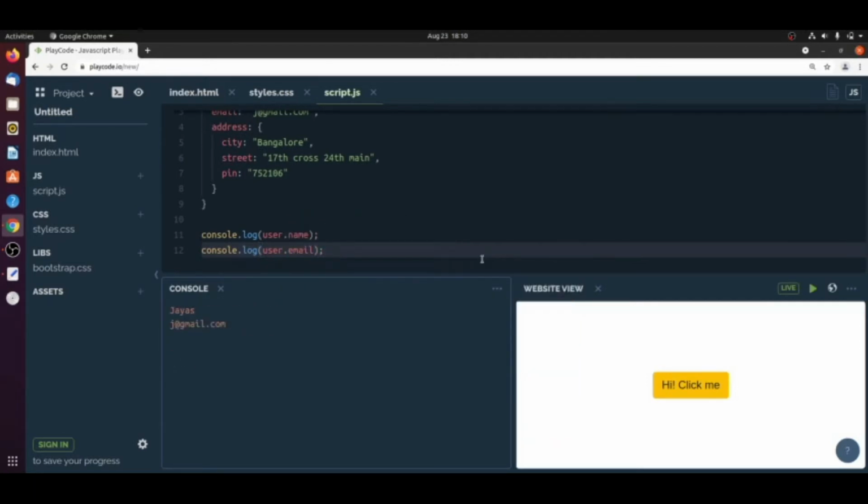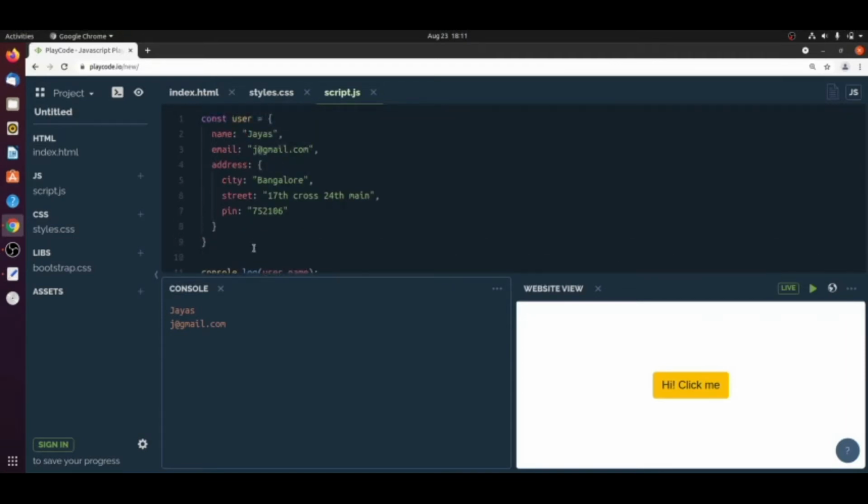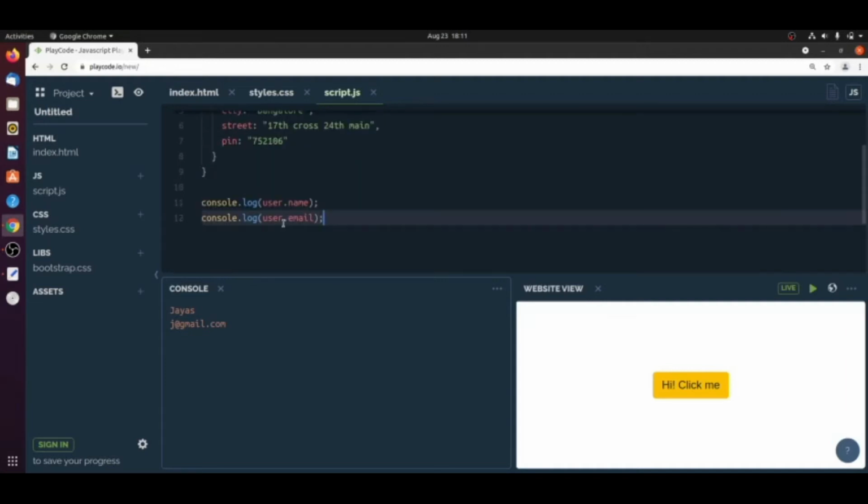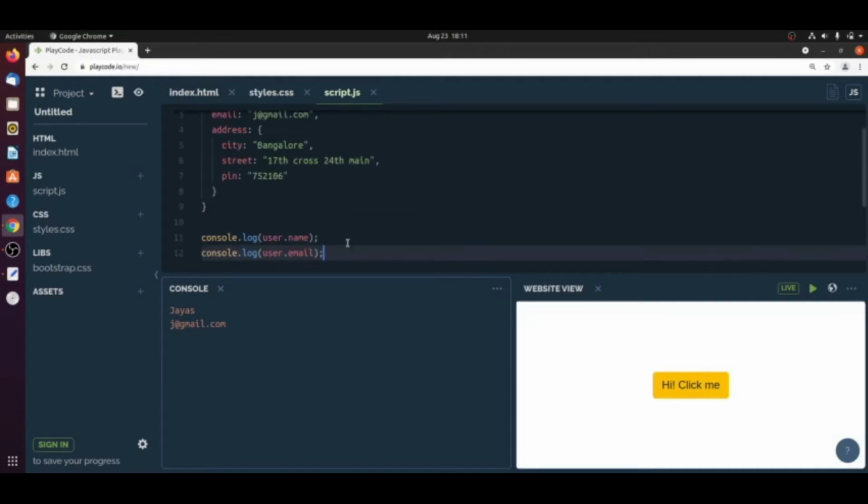Now you can see it is printing the name and the email. So from this nested object we can display the individual value of each key. This is the general way we follow, but in advanced JavaScript there is a concept called object destructuring, where it will unpack our object and we can display the individual values.